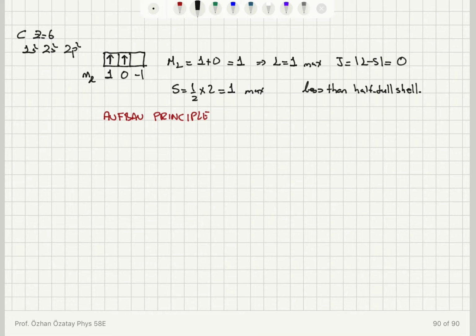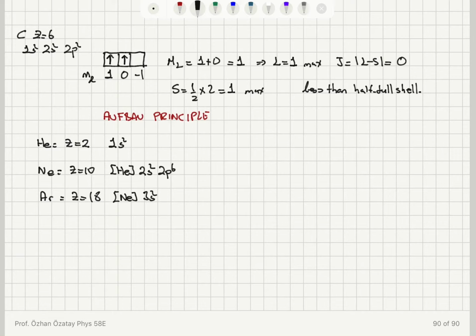Starting from helium, Z is equal to 2, we have 1s2, and then going to neon, Z is equal to 10, we have the helium configuration plus 2s2, 2p6, and then for argon, Z is equal to 18, we have neon configuration